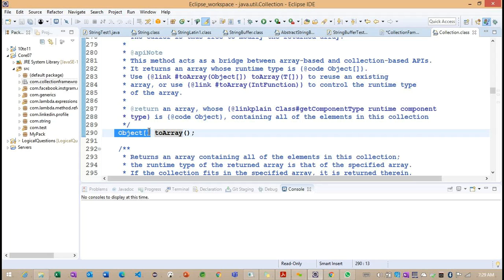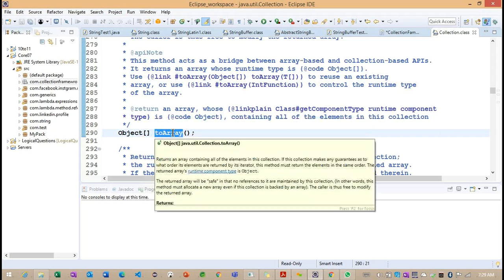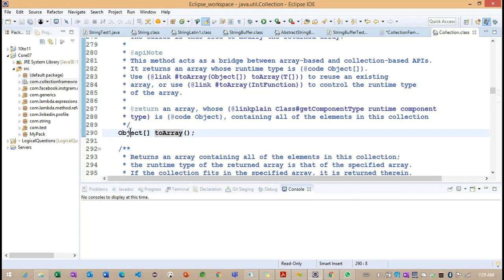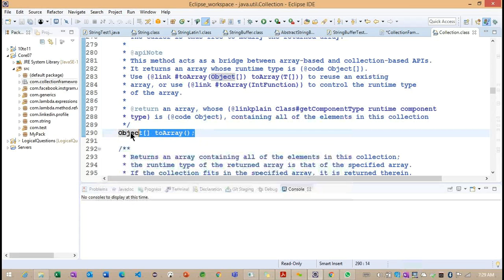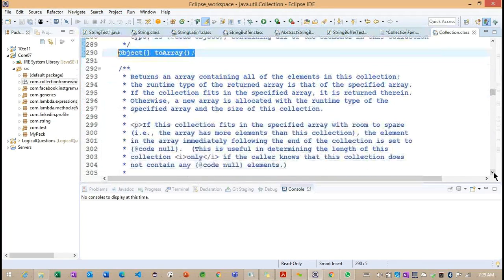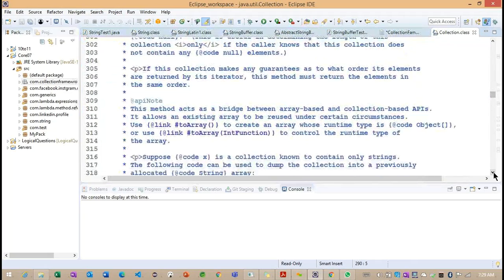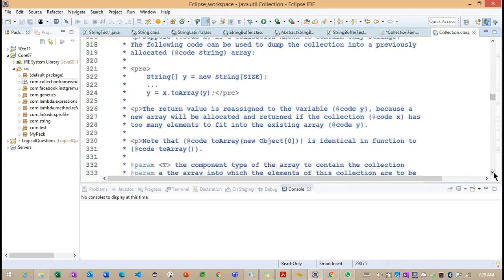So if we want to work with any arrays concepts here, we can call this toArray, and the objects will be converted into an object array. Right. So this is the purpose of this particular toArray method, and we'll see how each method is implemented here.